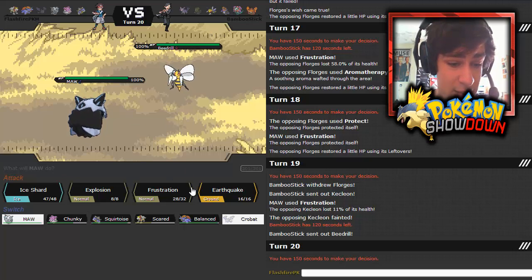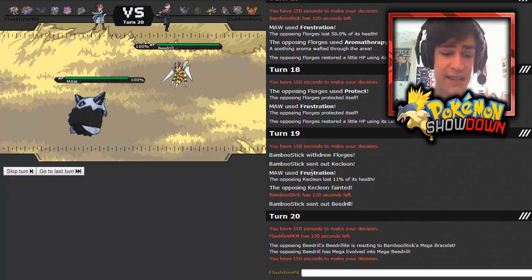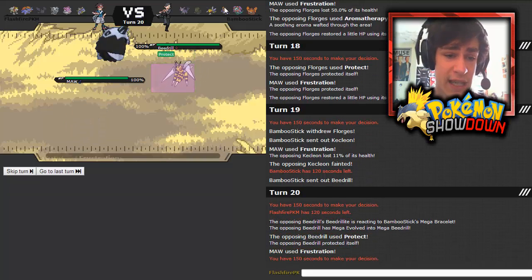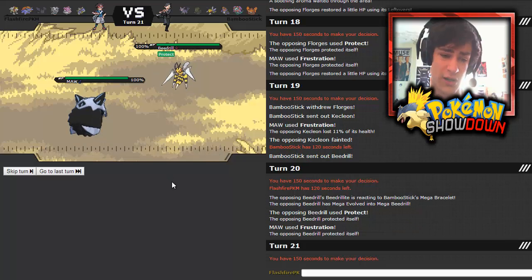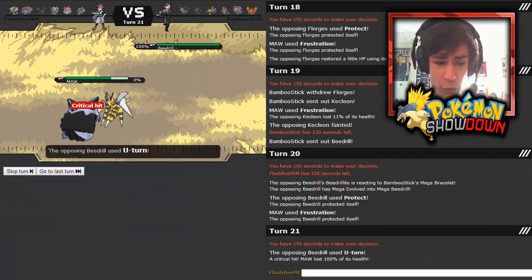Do we do it? I think we do it. I think we just do it. Because that thing is not going to live a hit. Yeah, we're just going to go for Frustration. I'm sure he's going to Protect to get his speed up, but that's fine. He has the tiniest of chances to KO me with that Poison Jab. It's like a 6% chance. It is a roll, but...